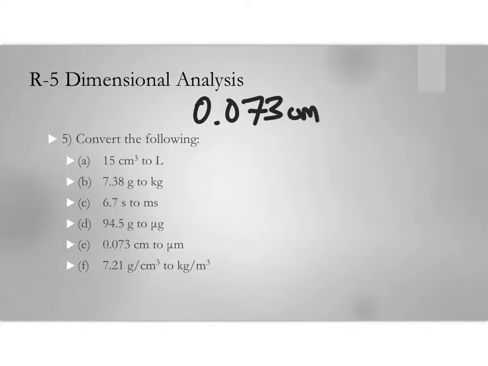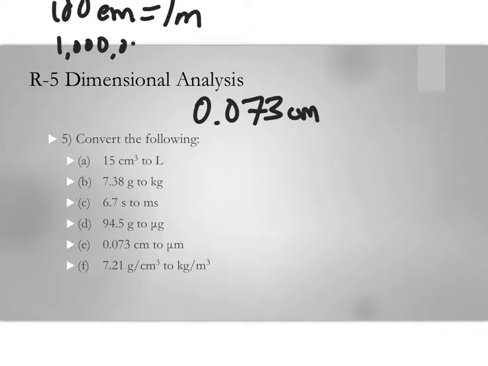So what I would say is that you have 100 centimeters in 1 meter, and you've got 1,000,000 micrometers in 1 meter. Since we're going from centimeters into micrometers, we're really going to be dividing by centimeters first. So that 100 is actually going to be in the denominator. We would then be going from meters to micrometers, which would be multiplying. So if you combine these two together, you end up with 1,000,000